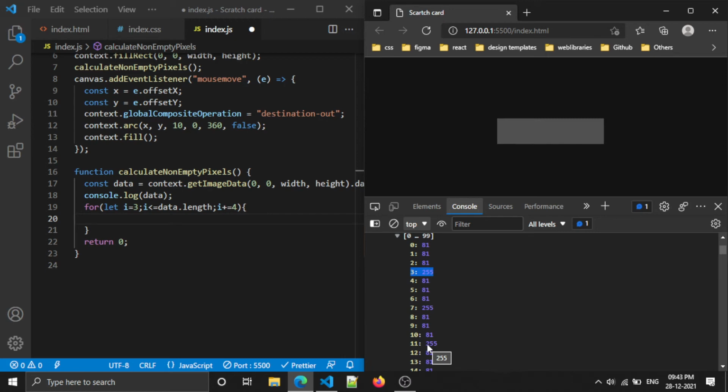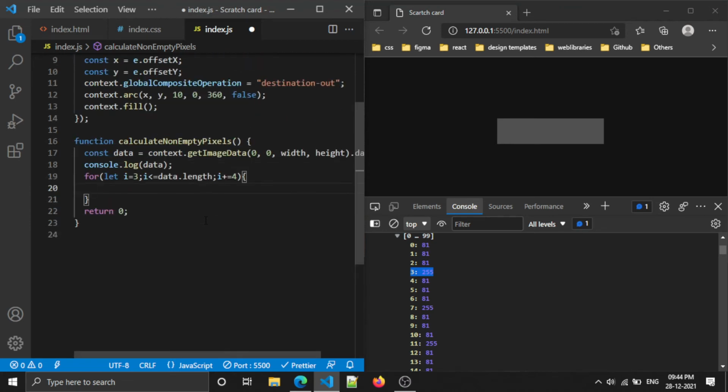If our alpha value is 255 in that case, then our scratch card has some image in our canvas, or else it won't. That's the main concept here. So based upon that, let me calculate the count.